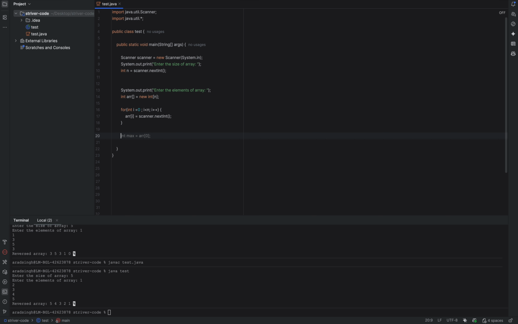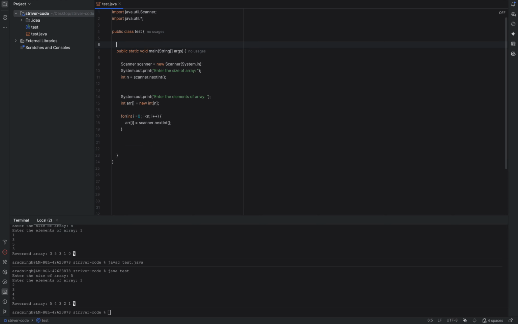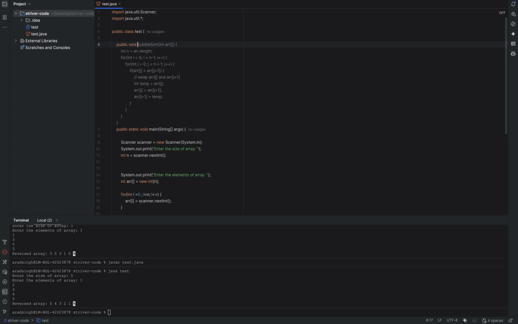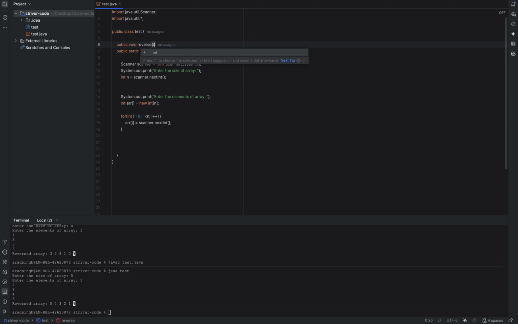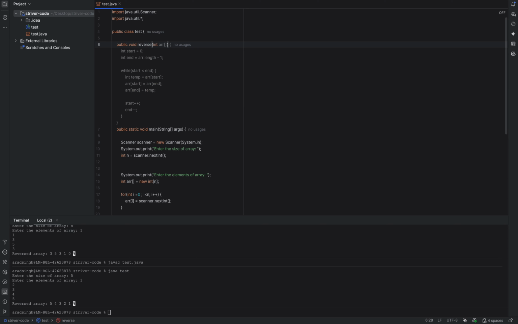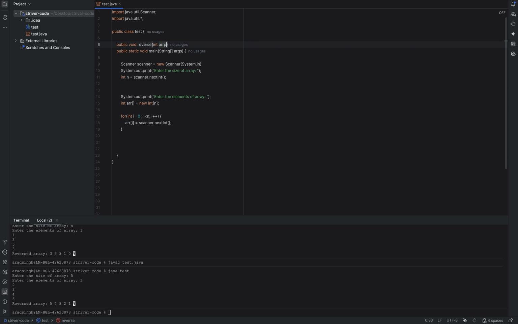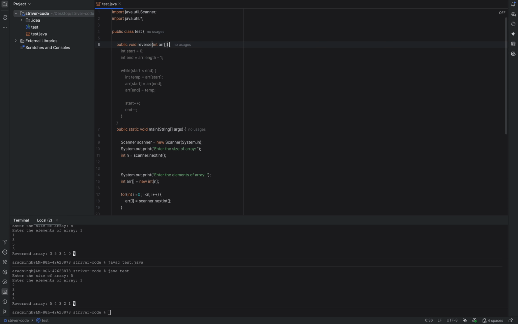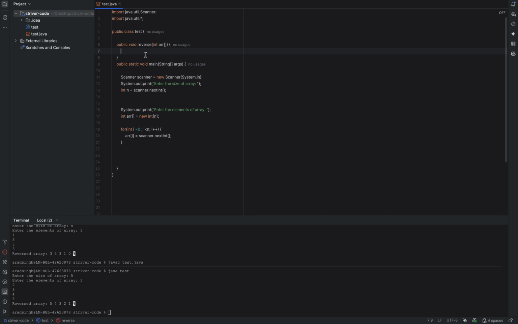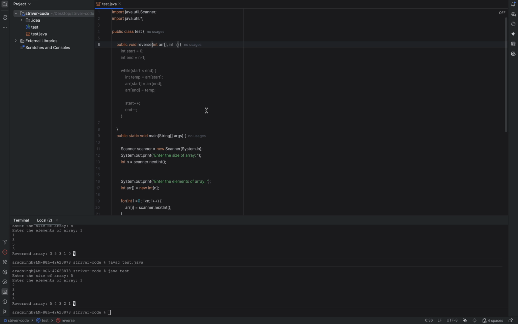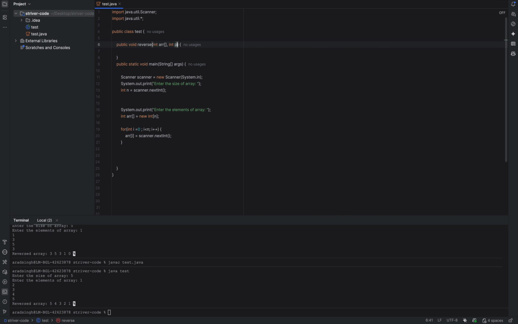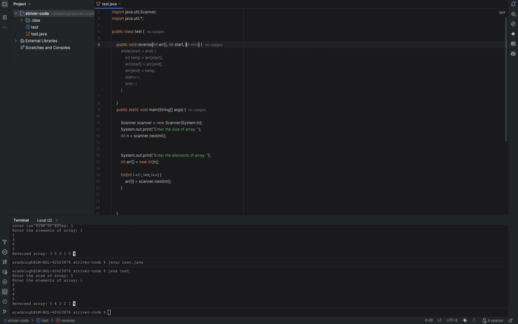So what we will do is we'll write a function reverse, int array, and in reverse we will take one more element. We'll take two pointers, start and end,